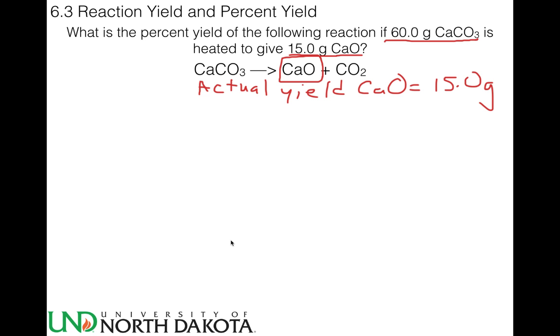Now, you're almost never given the theoretical yield in a problem like this. In order to find the theoretical yield, we need to take our number of grams of reactant and figure out what is the maximum amount of calcium oxide that can be created with that starting amount of reactant. Then that will be our theoretical yield. So that's what we have to solve for, and then we'll plug the information into the percent yield equation to find the percent yield. So, solving for the theoretical yield,